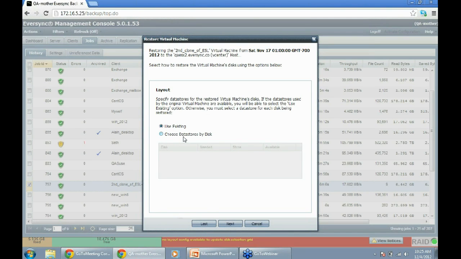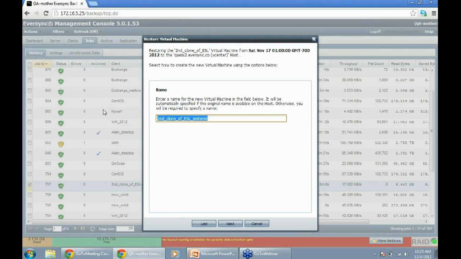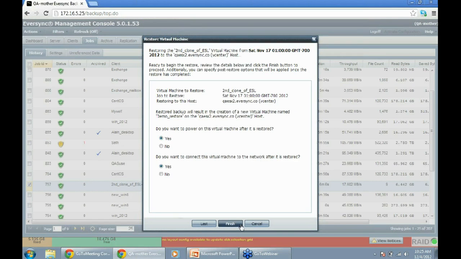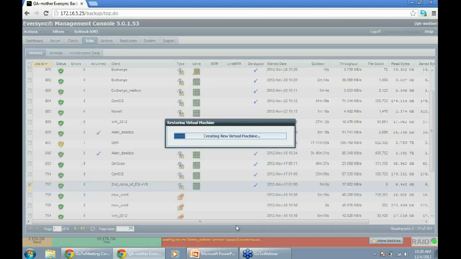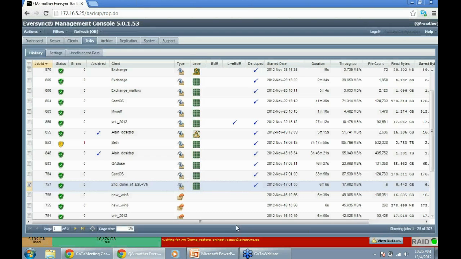I could put the virtual disks in other data stores, but I might as well just put them all together. Name the virtual machine. And because it's just a demonstration, I'm not going to power the virtual machine on after the restore is complete. But yeah, we'll connect it to the network since that virtual machine is not much use without a network connection. And finish. It's going to go out, create the virtual machine, start copying the virtual disks into it.